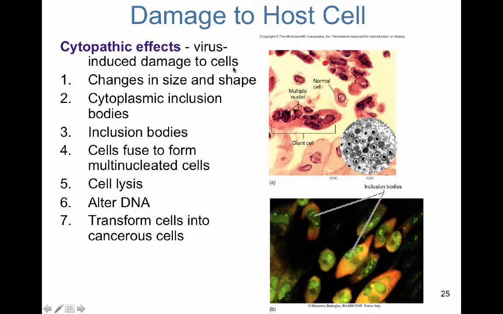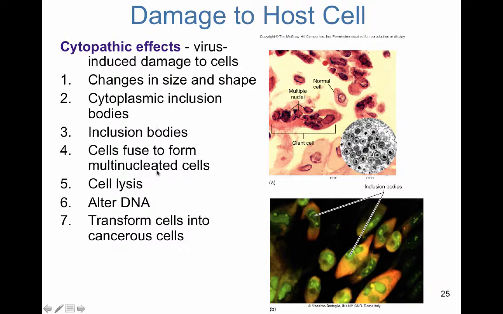So this is what they do, for example, in pap smears to look for HPV, human papilloma virus. They swab, they take a sample from the cervix, and they look at those cells under the scope to see, is there any dysplasia? Is there a change in the size or the shape of those cells? Are there any inclusion bodies? So these storage bodies within the cells, a high number of them.